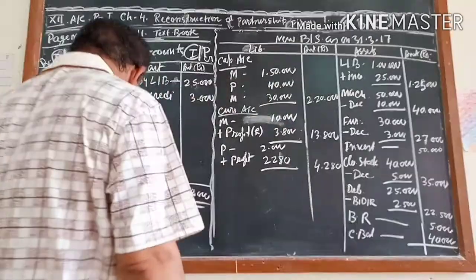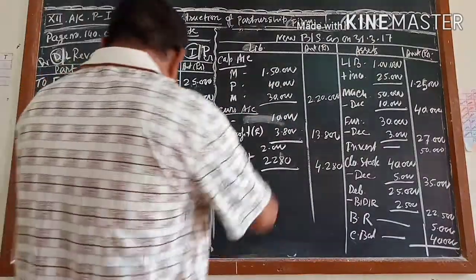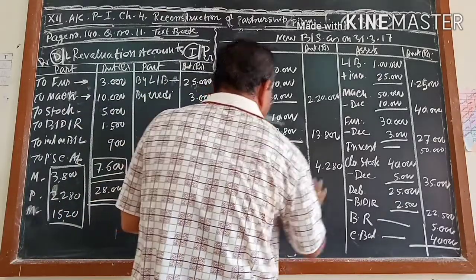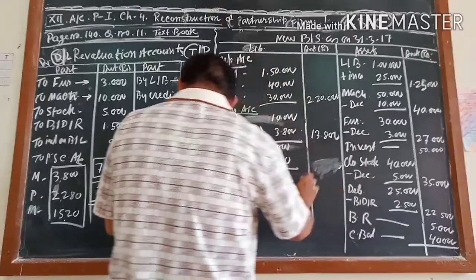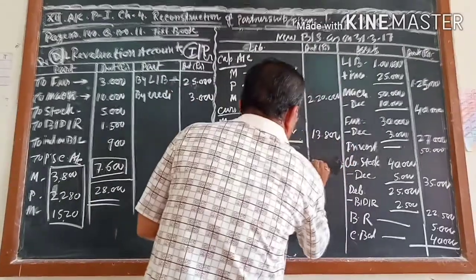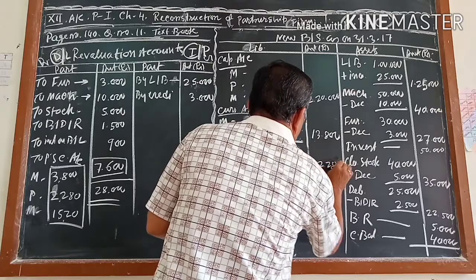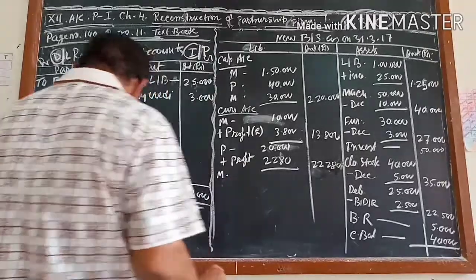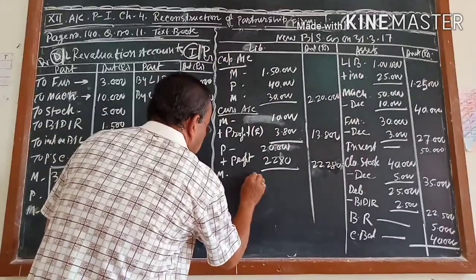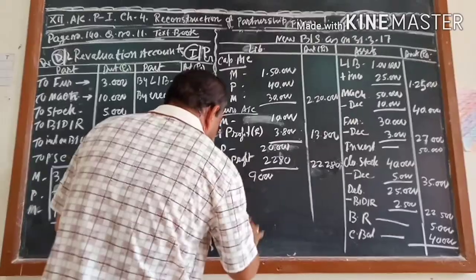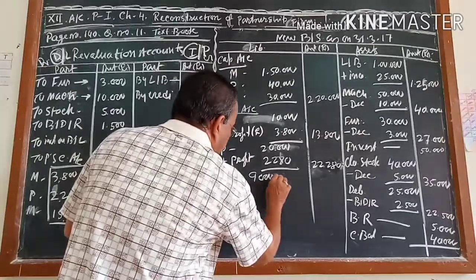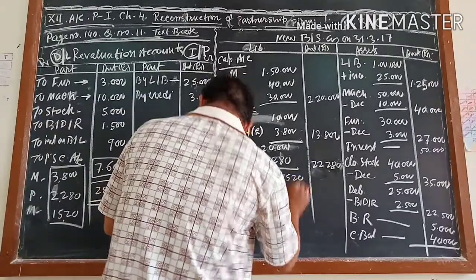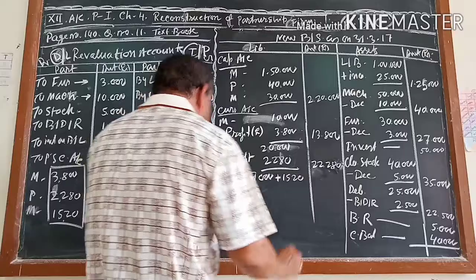Is that it? Now, this is B side. This is 20,000, sorry. So it will come 22,280. Okay. And one more is coming, N. N it was 9,000. I will not get the place, so here I am writing now. So you understand. 1,520. And you will add, you will get 10,500.